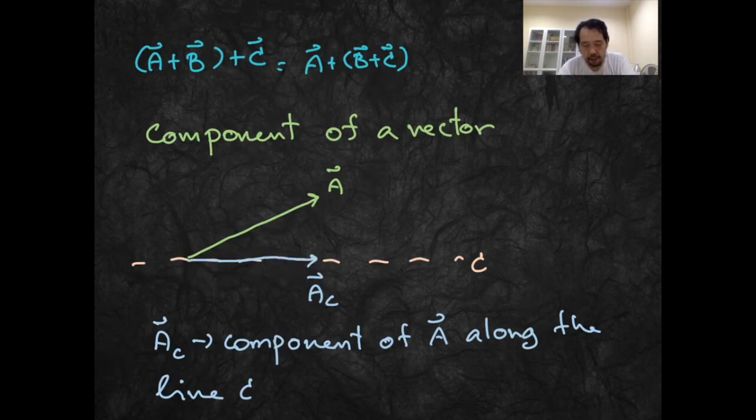This AC is a vector that's drawn from the tail of vector A to the point. If we draw a line perpendicular to C like this, and this is the intersection between this line and the line C, and we draw the vector from the tail of A to AC, this is the component of A along line C. Okay, this is the definition of the component of the vector, and this definition is very important,